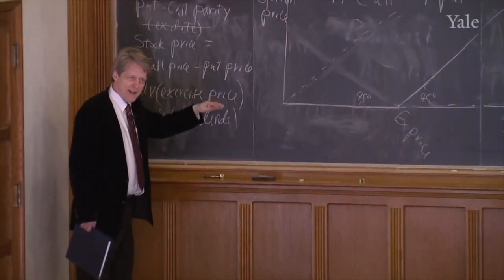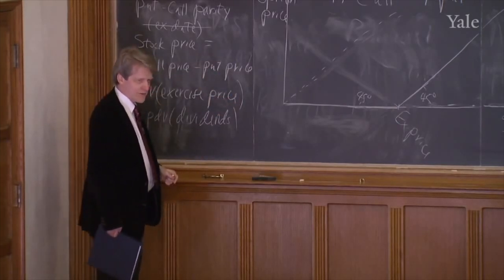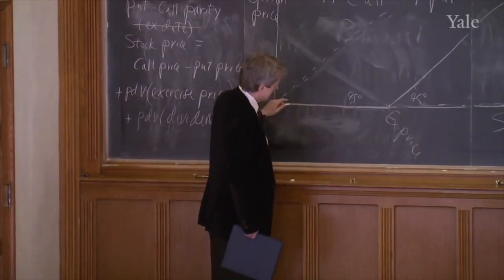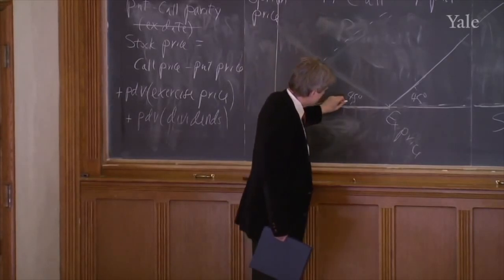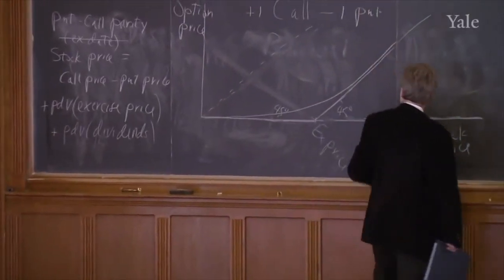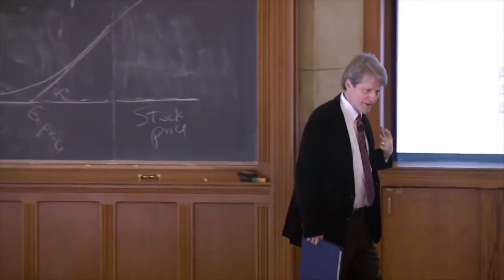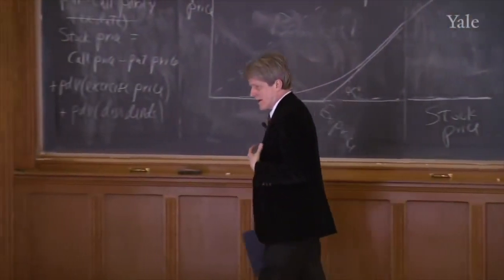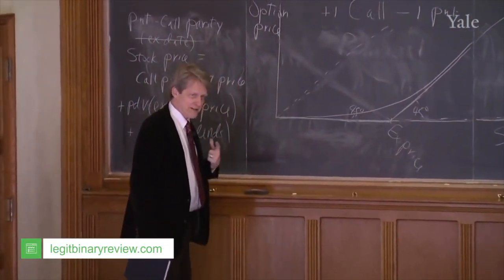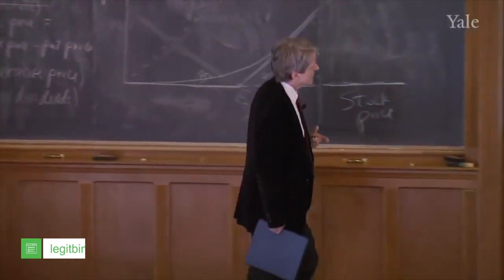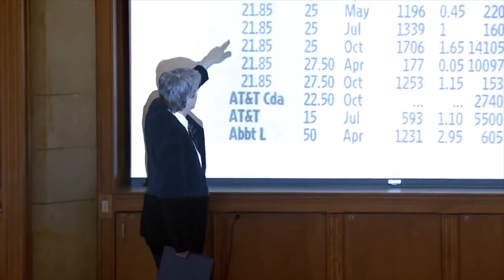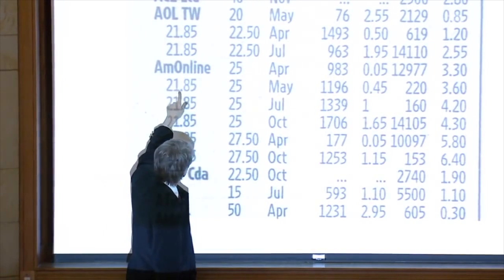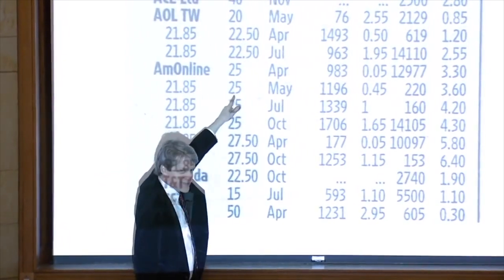And the closer you get to the last day, the closer the option's price will get to that curve. So on some day before the exercise date, the call option price will probably look something like that. Right? It's above the broken straight line because of option value. So think of it this way. Suppose an option is out of the money today. For a call, this is out of the money, right? Because the stock price is $21.85, but I've got an option to buy it for $25.